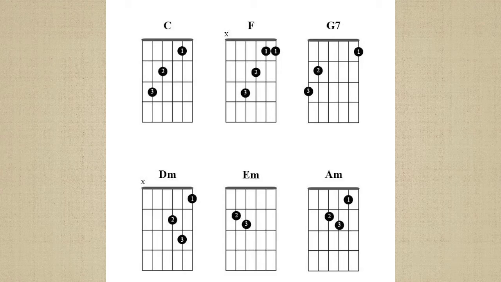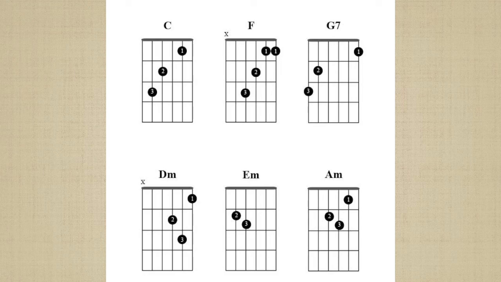Okay? And if we look at the next ones here, we have the three minor chords that would go in the key of C major. And notice once again there's an X on the E string, the lowest string there, so we wouldn't play it. So I put on the D minor, I put my finger on the first fret, and my second finger on the second fret, the third string, and my third finger on the second string on the third fret. So I got a D minor chord,